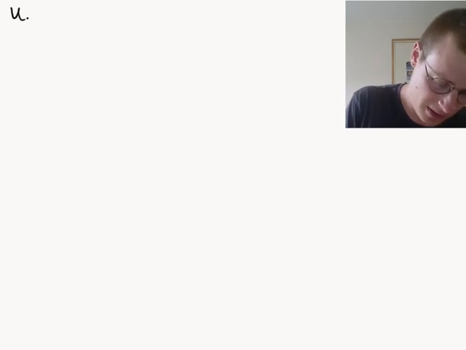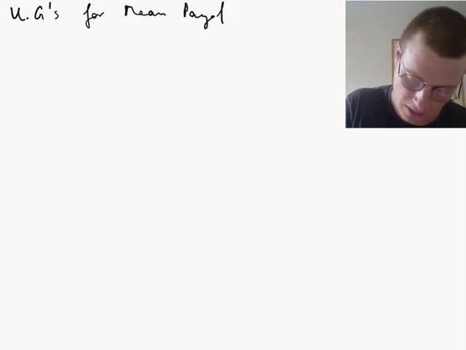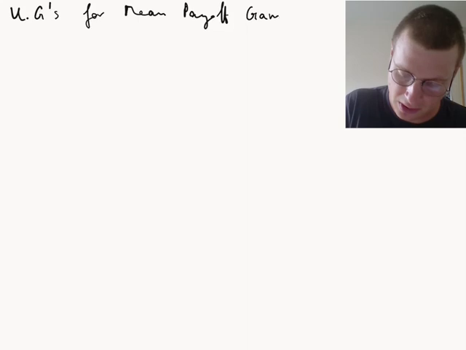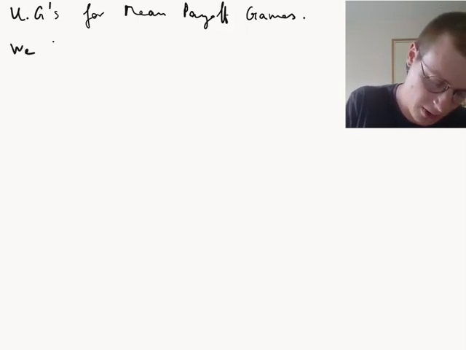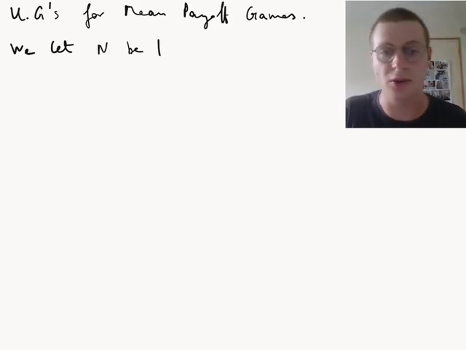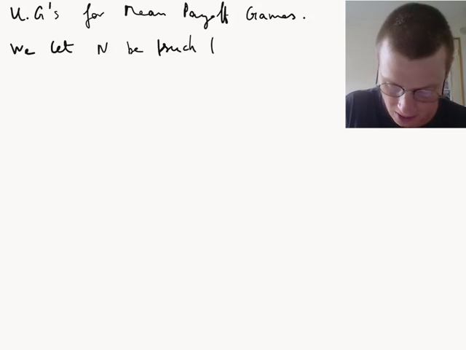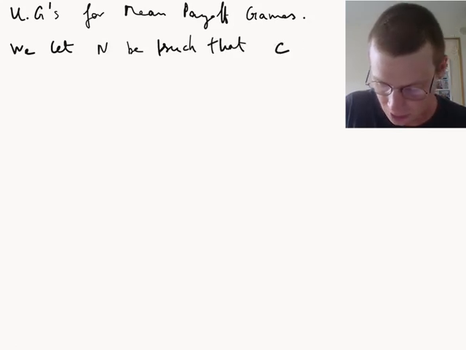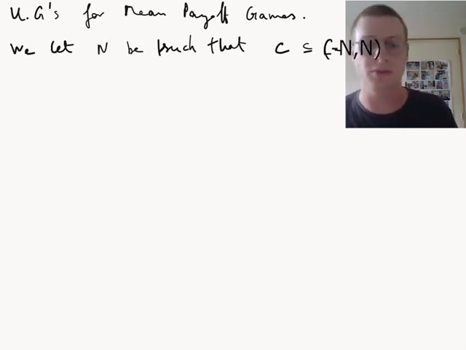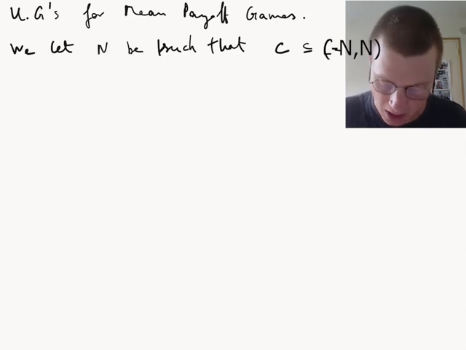Let me now present the results we have in our paper about constructions of universal graphs for mean payoff games. We let n be the largest weight in absolute value. That is, n is such that the colors are a subset of minus n to n. That's always an important parameter when trying to efficiently solve mean payoff games.